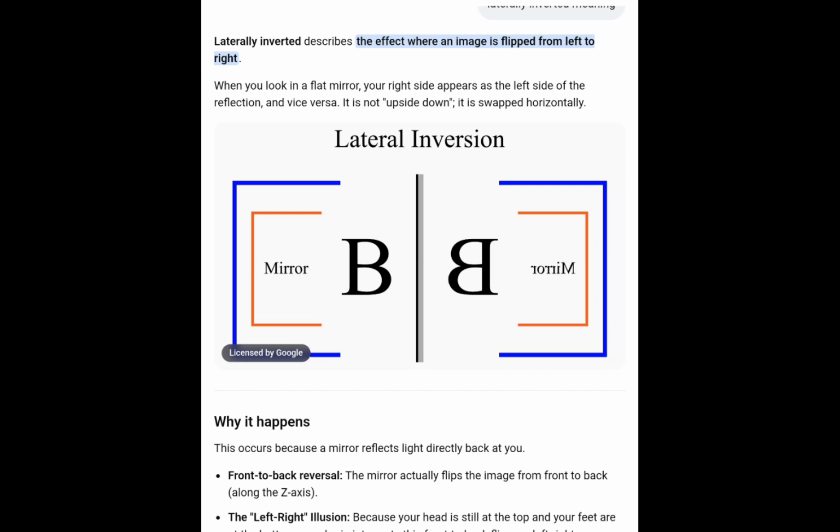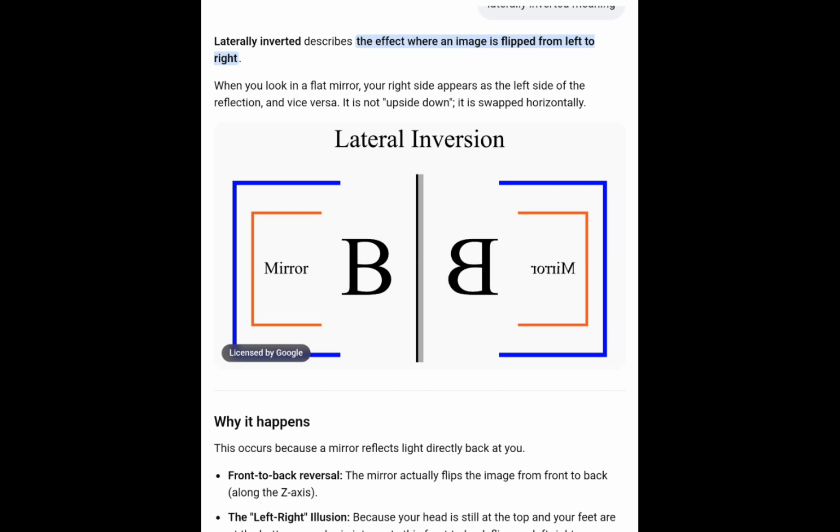Right side appears as left side. Important points are, right side appears as left side of the reflection, and the second point is